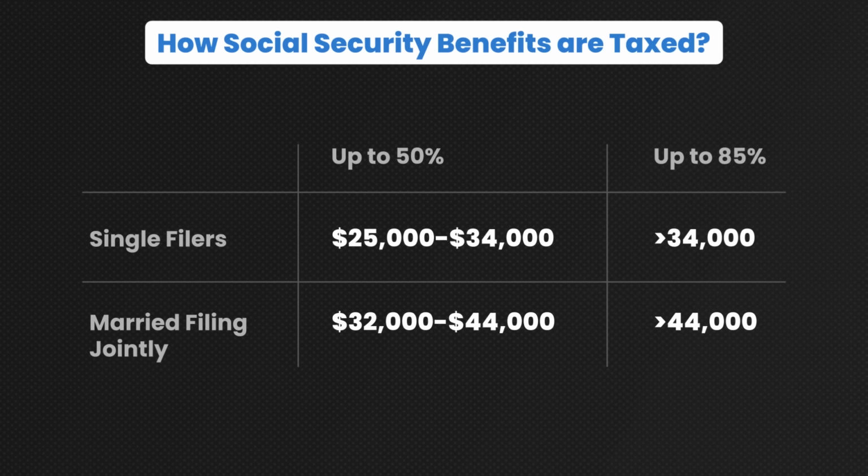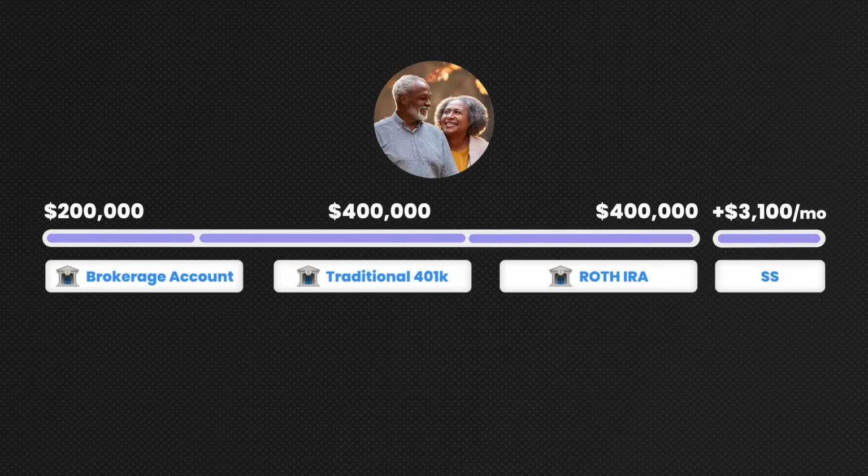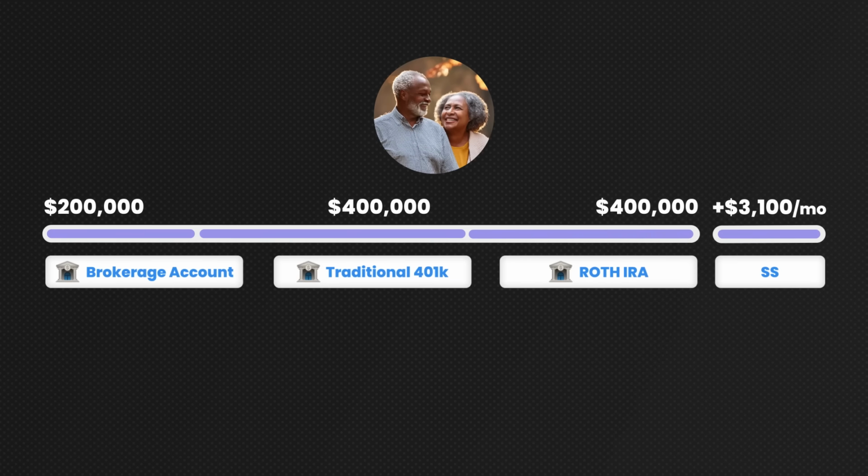The amount of Social Security subject to taxes depends on income. To minimize this, consider withdrawing less from the 401k and more from the brokerage account to stay near key income thresholds. In this case, we might suggest that they still make this withdrawal on a monthly basis, that